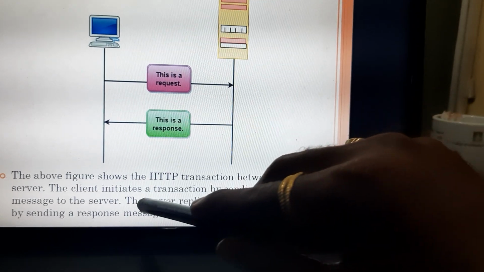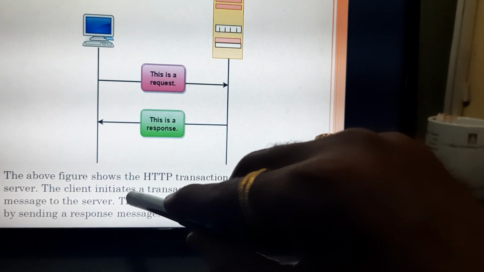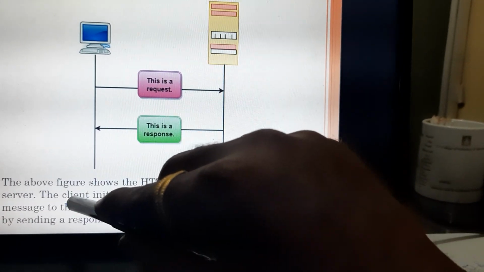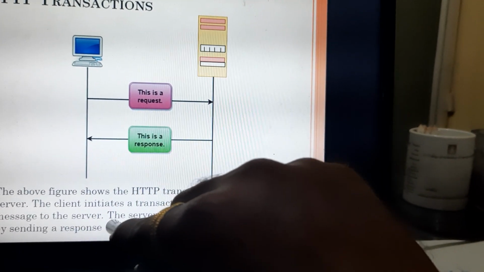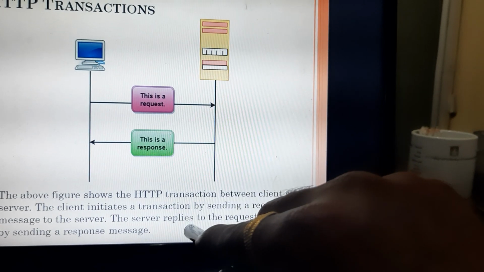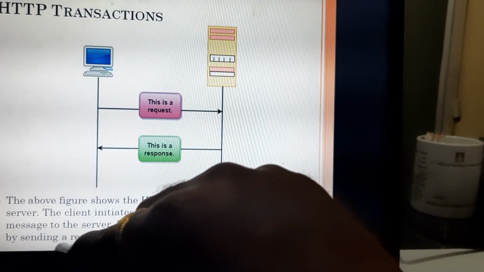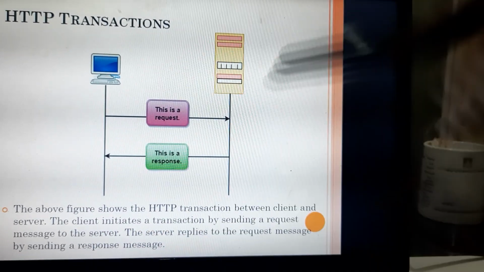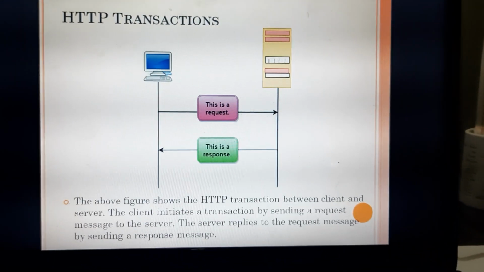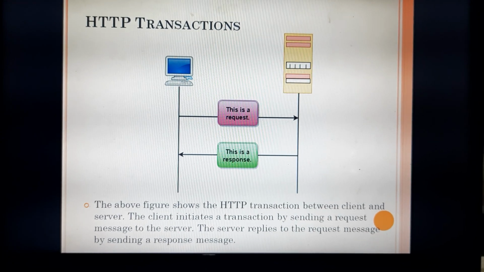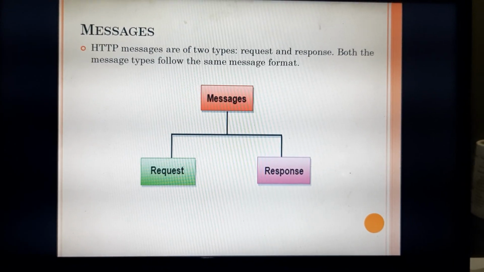Therefore the initiation is taken by the client by sending the request message to the server. Then the server replies to the request message by sending a response message. This is how a transaction takes place between the client and server.